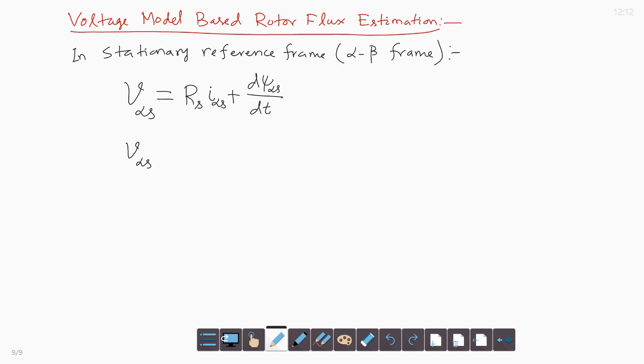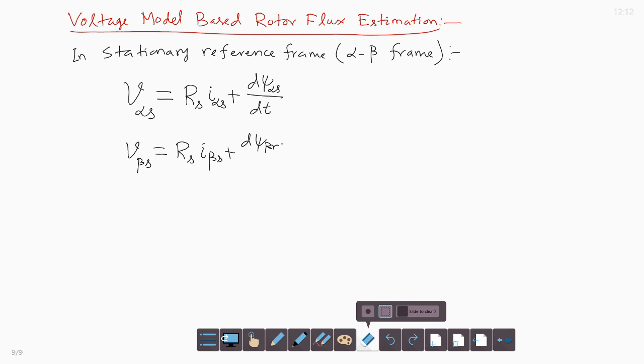Also V beta S, the voltage component along the beta axis, is R S I beta S plus d psi beta S by dt. So, there is no omega e related term, no speed EMF term. So, from these two equations